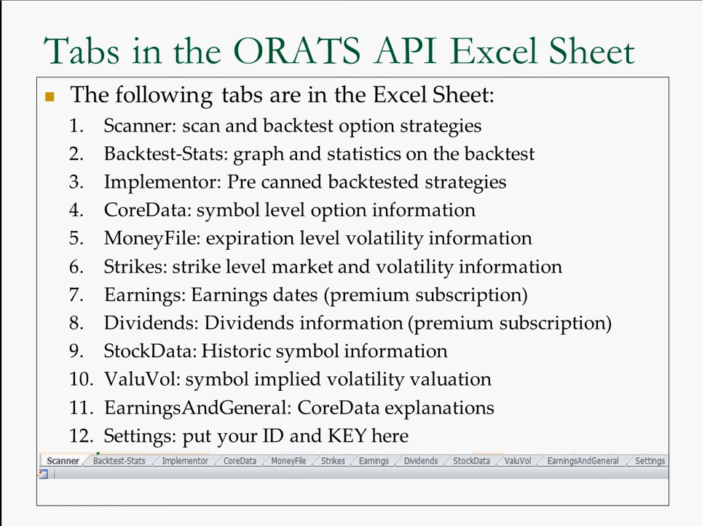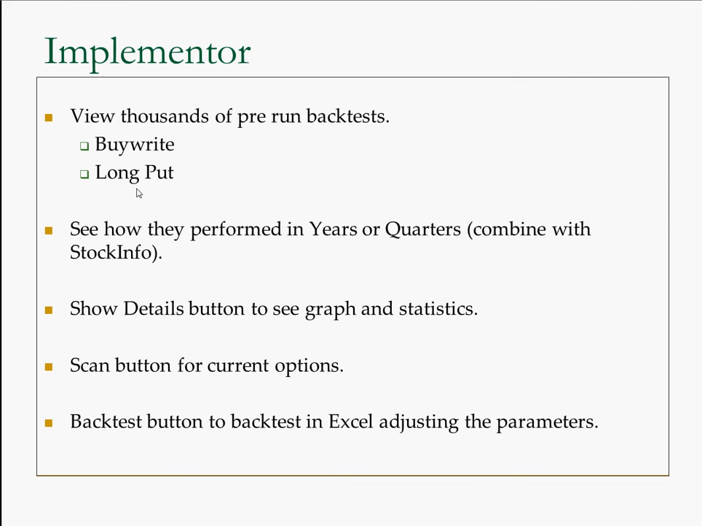There are 12 tabs in the Excel-based API. We're going to be looking at number 3 today, the Implementor. We're going to look at a buy right and a long put. We're going to see how these performed in certain years or certain quarters, perhaps combining these with the stock info